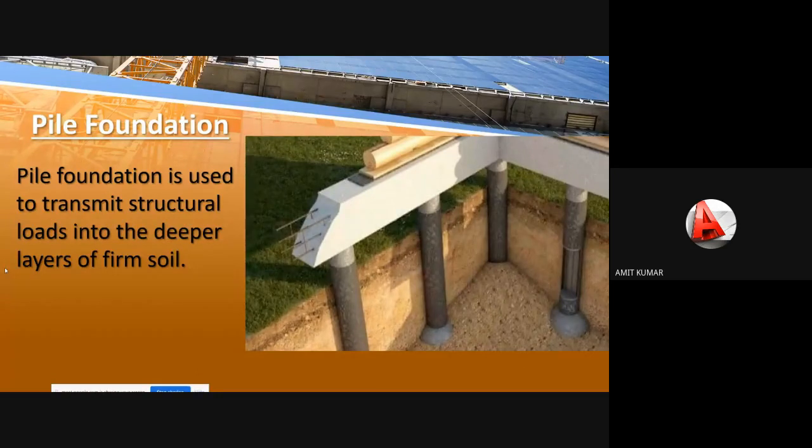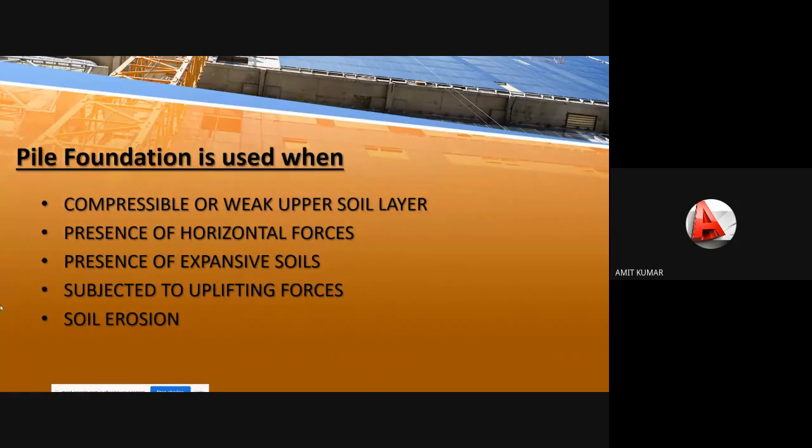Okay, and I already explained when to use it. If you are seeing soil erosion, if there is soil erosion, then we have to use the pile foundation. If the soil bearing capacity is very low, then also we use. And in the presence of expansive soil, that means when the volume of the soil is going to change continuously due to the water levels, in that condition we have to use the pile foundation as you are seeing in the third point, presence of the expansive soil.